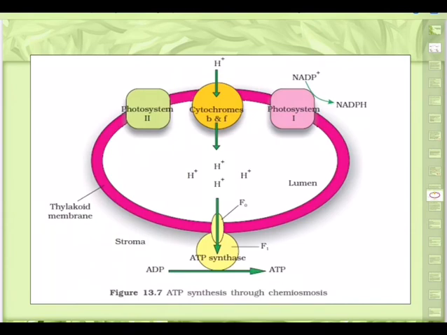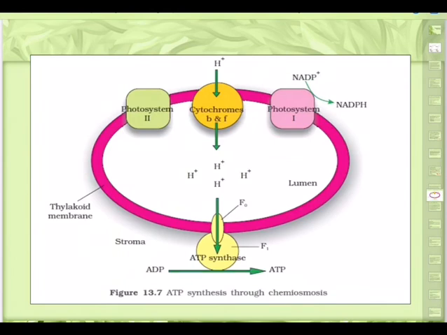The proton gradient is broken down due to the movement of protons through transmembrane channels. So you have the ATPase, where you can see F0 and F1 particles. The F0 and F1 will be on the stroma side, and F1 on the granum side of it. As protons move to the other side of ATPase, as you are seeing, they bring about conformational changes